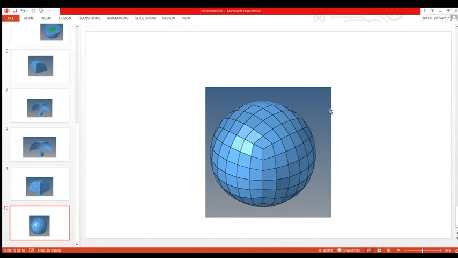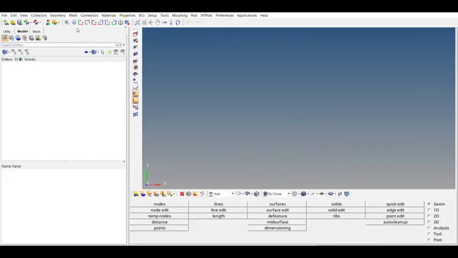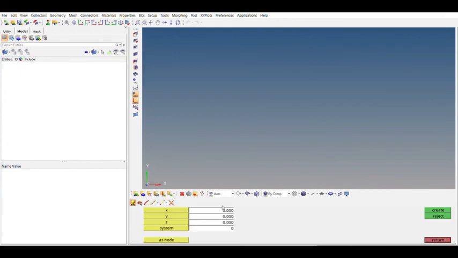So we can start with HyperMesh. Okay, so this is now the HyperMesh profile, where we'll be creating the brick meshing of the sphere. First we need to create a sphere, then a 1/8 part of the sphere, then we can start the brick meshing. Before the 1/8 part, we will first create a cube. Let's say the cube dimensions are 25 by 25 by 25, the length, breadth, and height.